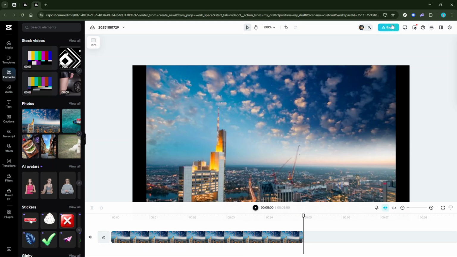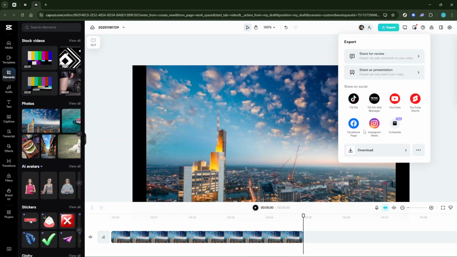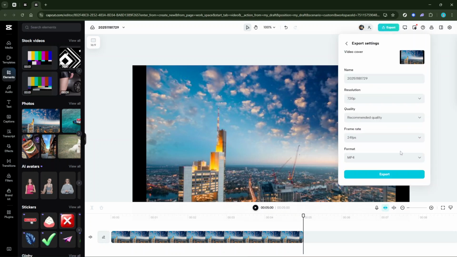First, let's talk about resolution. In the export settings, you'll find an option for increasing your video's resolution. If your footage allows, consider stepping up from 1080p to 4K. This increase can lead to a noticeable improvement in detail and sharpness. Keep in mind that your source video limits you. You can't truly elevate quality beyond what was originally captured, but you can definitely preserve and slightly enhance what you have here.